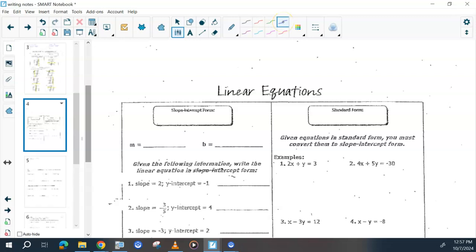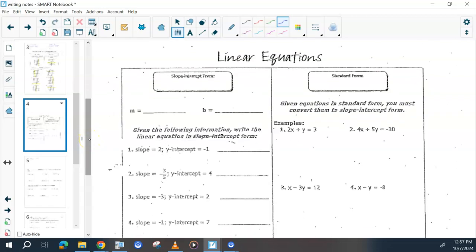Alright, so last class we talked about how to write equations from a graph, different ways to do that. Today we're going to get into the algebraic part of that. So this part we should recognize because we've done this before. Writing this in slope-intercept form, which is what? Y equals mx plus b. Good. Where m is the slope and b is the